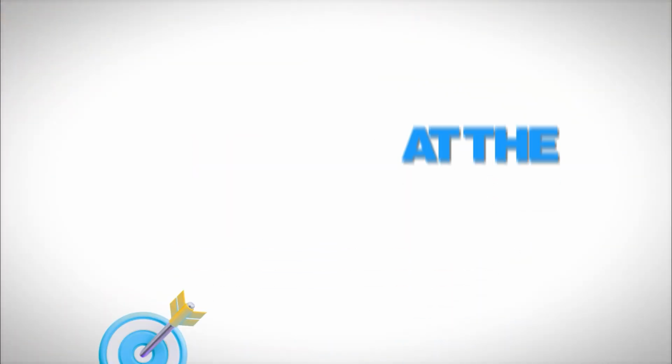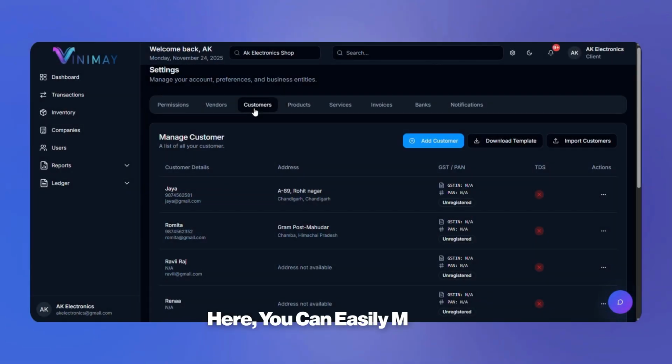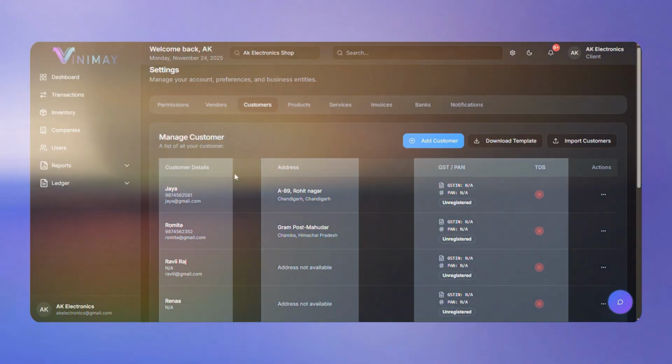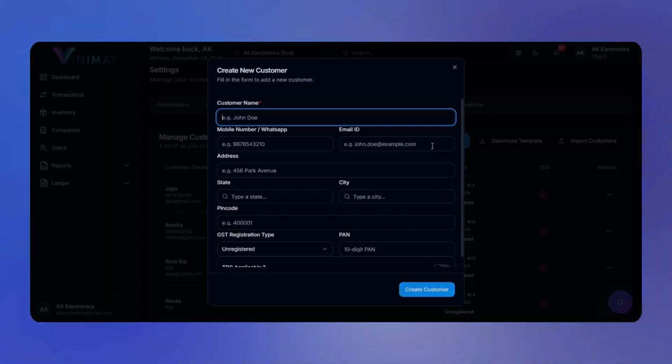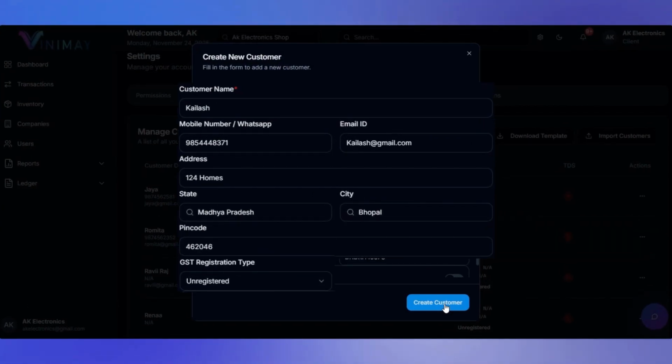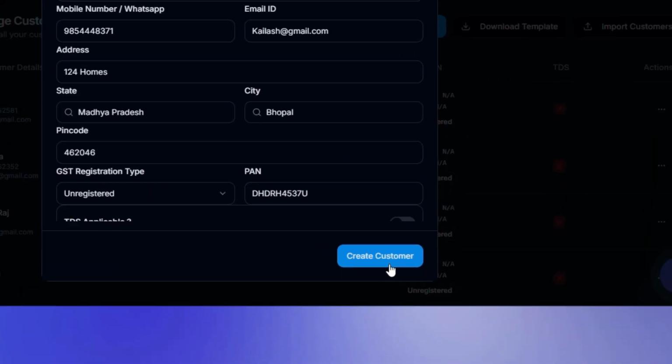Next, let's take a look at the Customers section. Here, you can easily manage all your customers, from contact details to addresses and tax information. To add a customer, click on Add Customer. Fill in the customer's name, contact number, email, address, and GST PAN information, then click Create Customer to save them